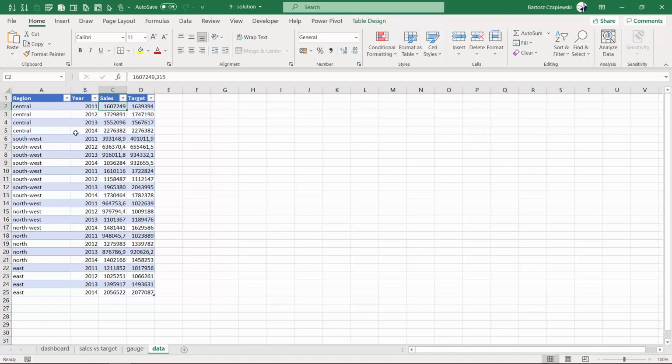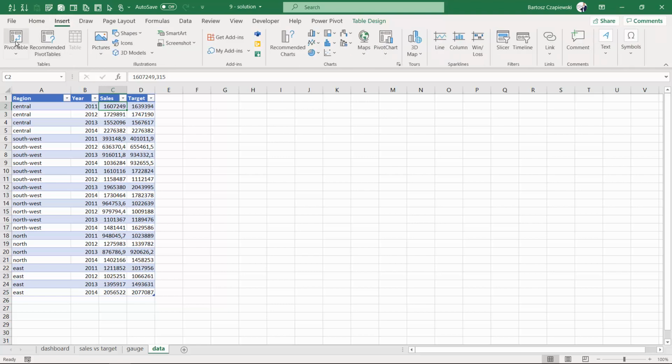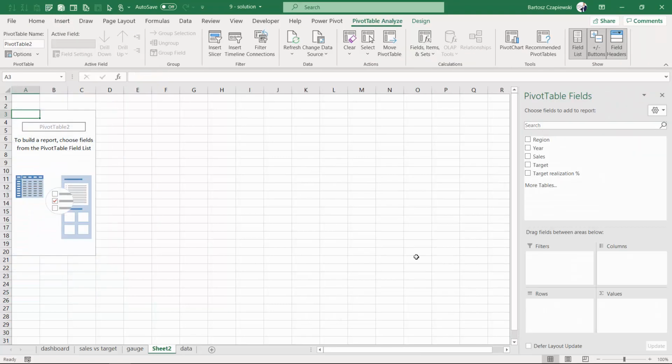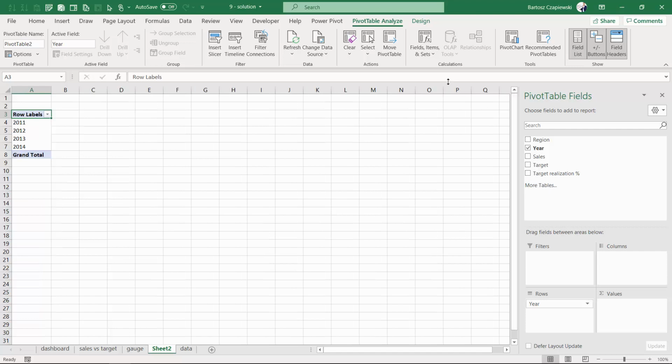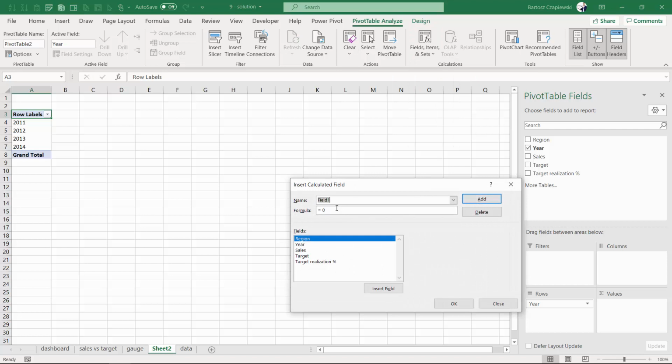In the next exercise, we are interested in the target realization deviation, and we will prepare another pivot table for this scenario where we will analyze the data once again by years, but it's not going to be actually target realization as a percentage, but the target realization deviation, so the deviation of the target against the sales. So we need another calculated field,